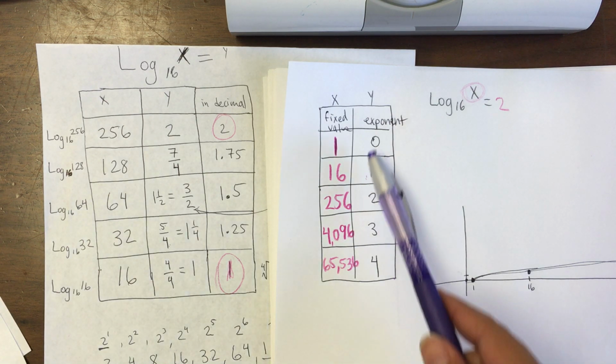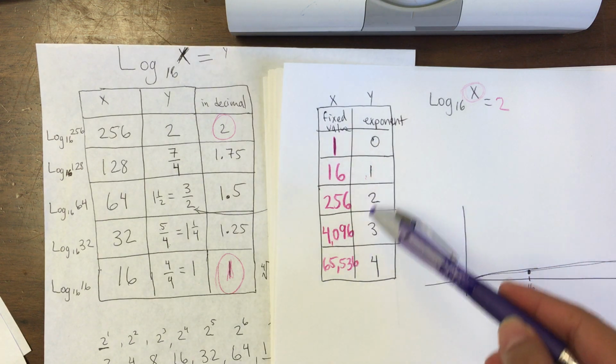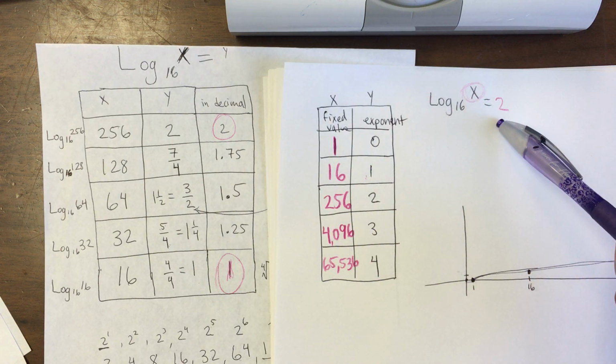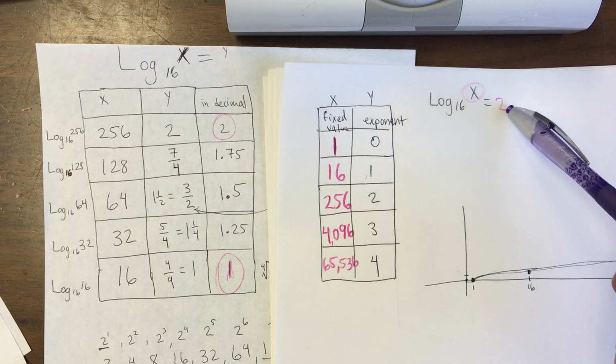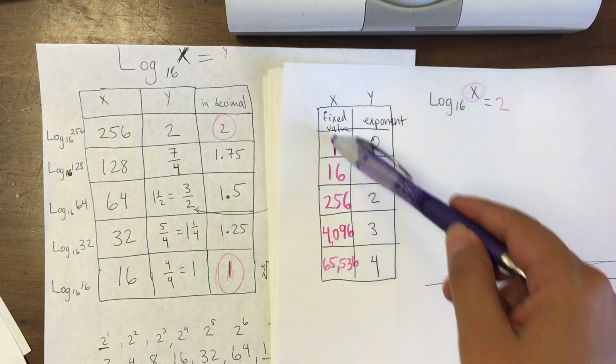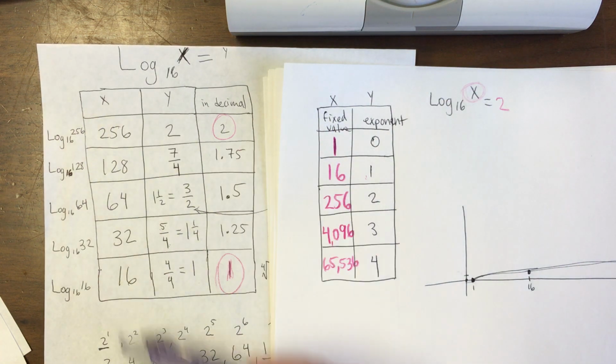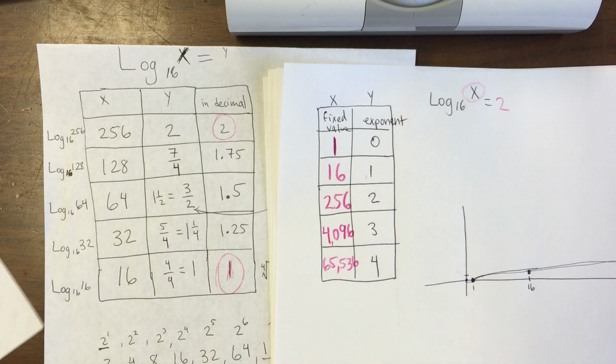Okay, so did you find that easier? Just give values to the answers basically, and by raising 16 to that power you will get the fixed value. You will choose more beautiful numbers for this. Okay,